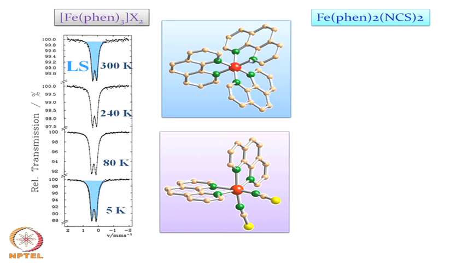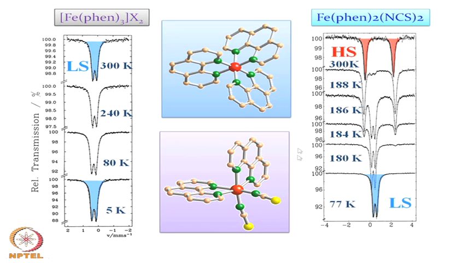So, the crystal field strength, that means the delta O, is basically dictating the spin state, and we are not close to the equilibrium situation or the crossover region, where we expect that with rise in temperature our spin state can change from one spin state to the other, but it remains in the low spin state only. So, what about the corresponding thiocyanate species? We will find that here the expected trend is operating,